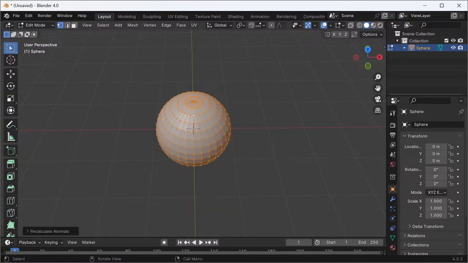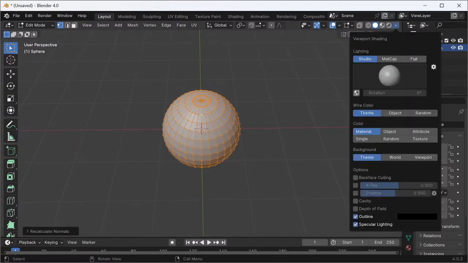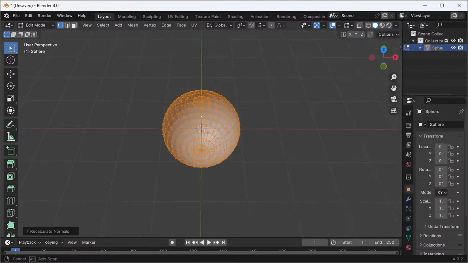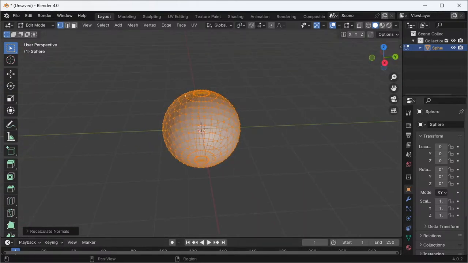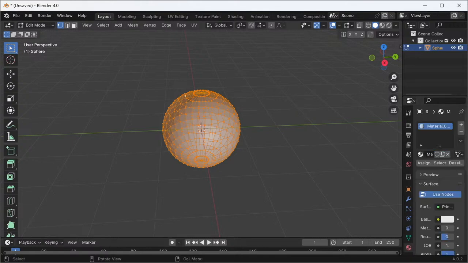And now that we've recalculated inside, there's an arrow over here you can barely see. When you click this arrow, you can see backface culling is turned on. With backface culling turned on, you can see that you're rendering the inside of the sphere, not the outside anymore. And then with that, we can go down to material, create a new material, and then we're just gonna